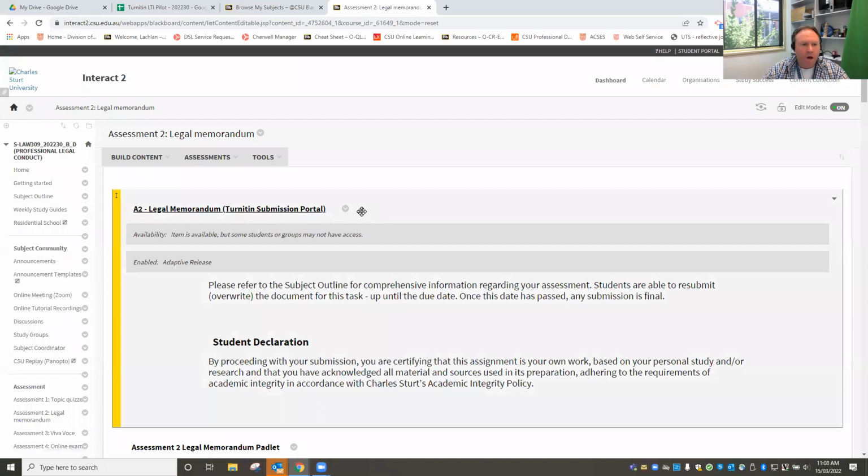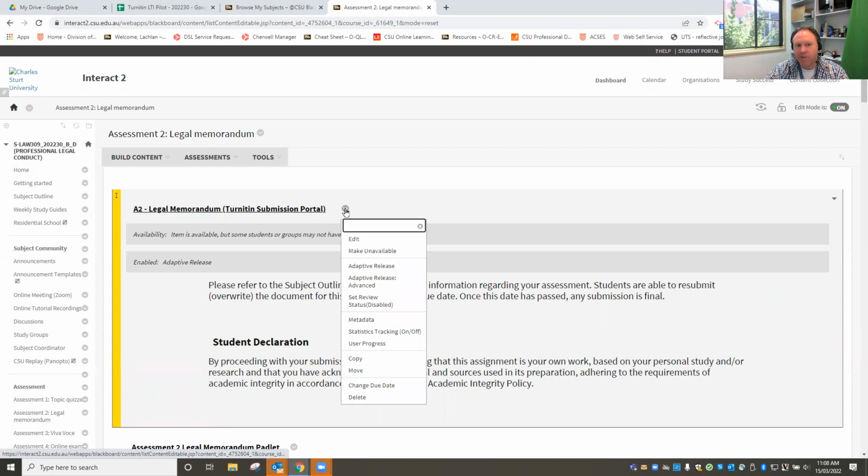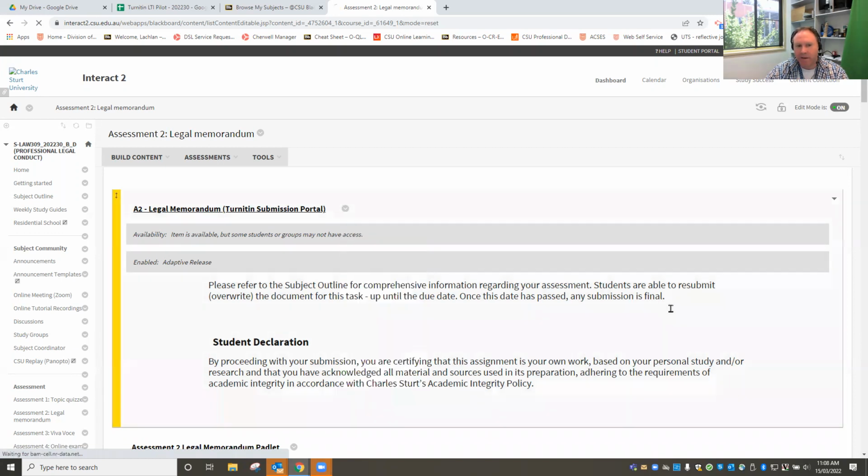The question that I get quite often is the difference if the academic wants to change the submission dates or the release dates for the assignment. Those are two things that I'll deal with first up, because they happen in two separate spots. Once the assignment portal has been provisioned, you can't change the due date for the assignment inside the Turnitin portal. It happens here in I2 because it's already been provisioned. So if I was going to do that, I've got to change the task, which I would be doing using our normal drop-down, edit the task,